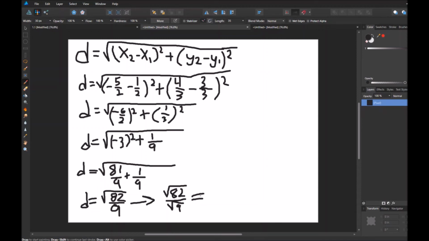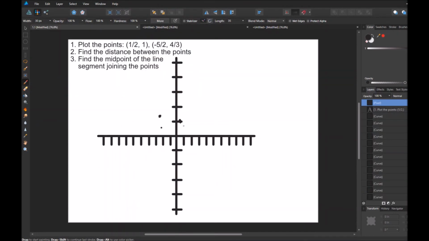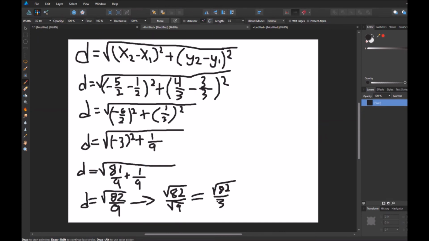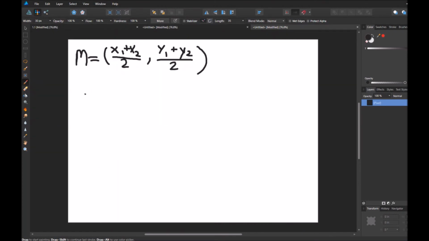And I'm sure 82 divides into some other number that you can take the square root of. I'm just going to leave it as root 82 for now. And the square root of 9 is 3. So the distance between these 2 points is the square root of 82 over 3 units. Now for the midpoint,